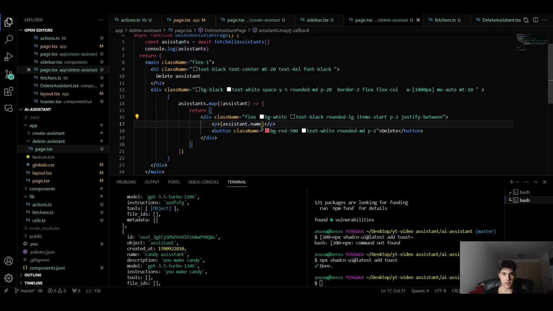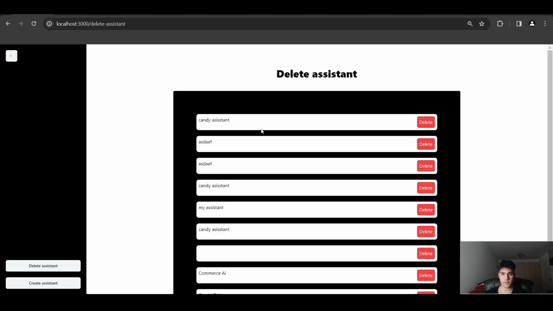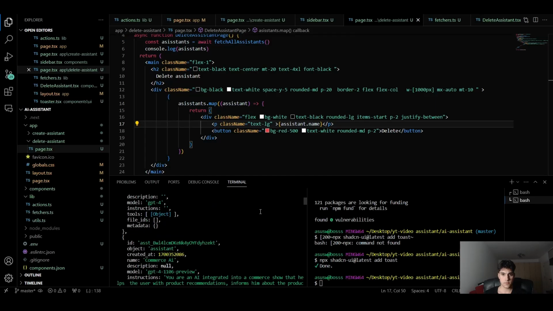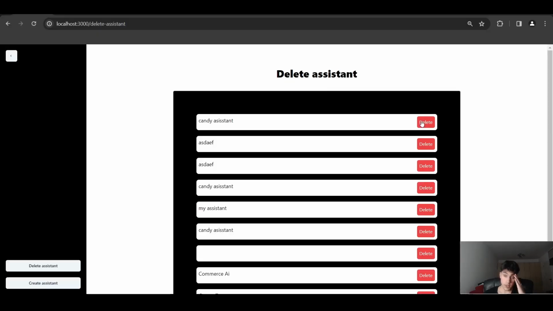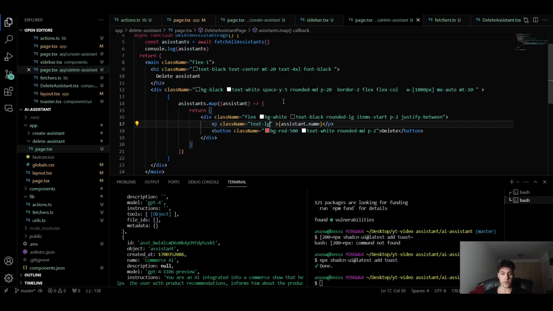Alright, let's make the name of the assistant much bigger. Class name equals the text of lg. So now if I'm gonna click on this delete button, I need to call another action